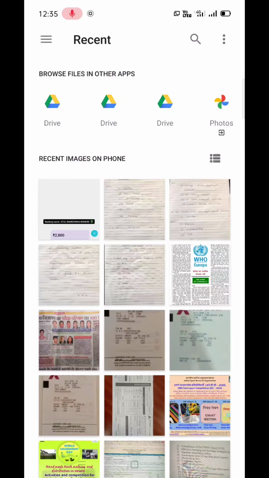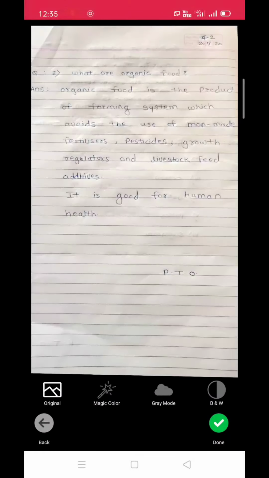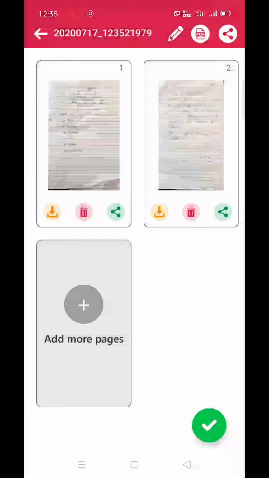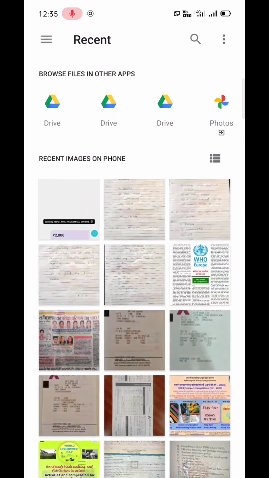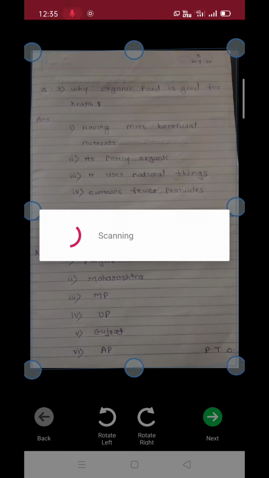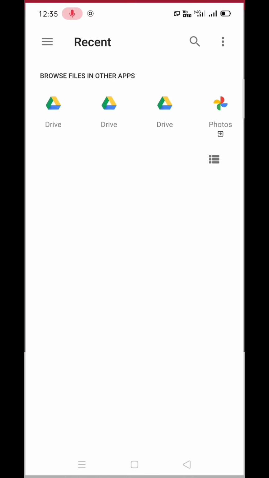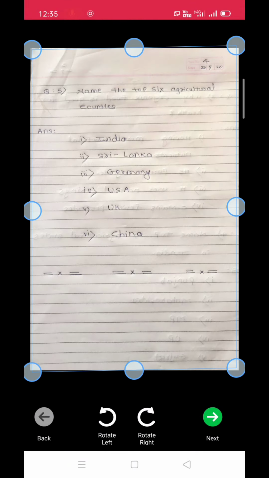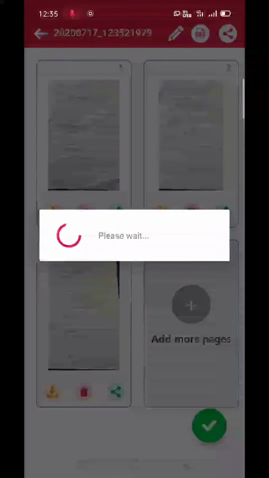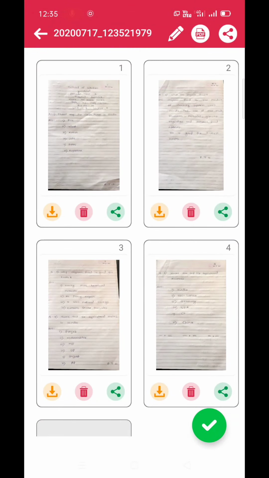In this way, I will add all the pages of my answer sheet in sequence. Now I have uploaded all the 4 pages of my ruled answer sheet in sequence.